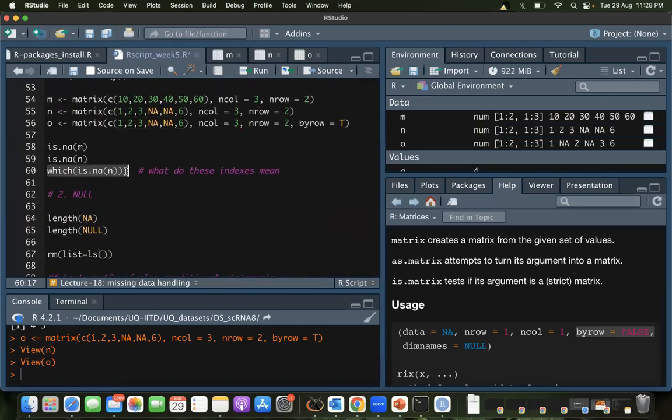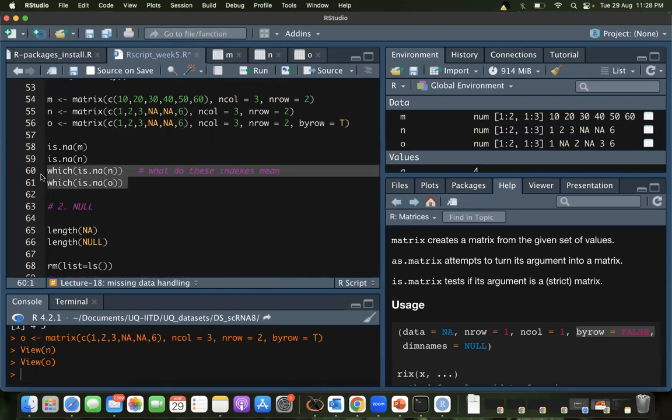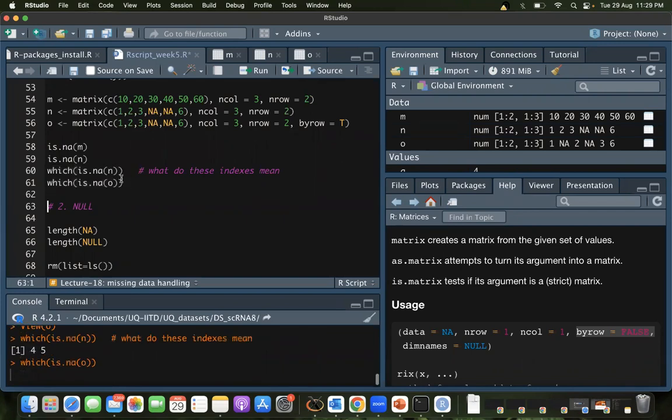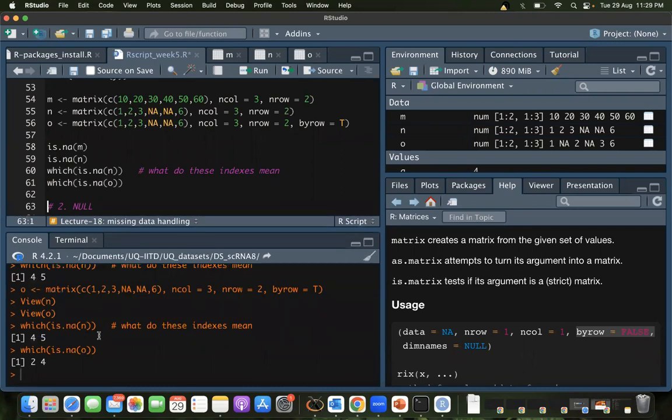Right? So this one, and if I write it with O, do you think it's going to give me the same thing or different values? The vector is the same, but the matrix positions are different. Any idea? It's going to give me the same, right? Because what, right? So if I run this one and this one, oh wow, what is happening here?